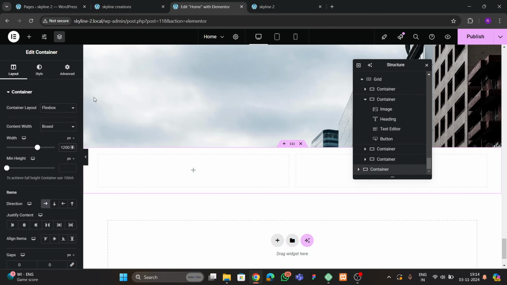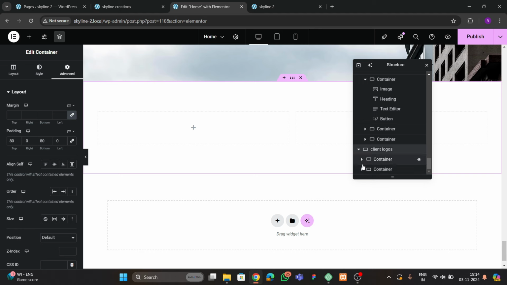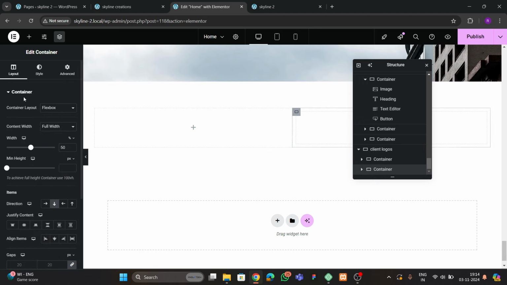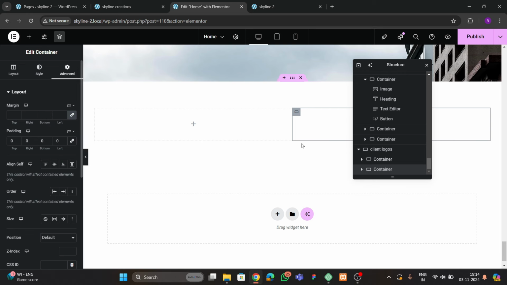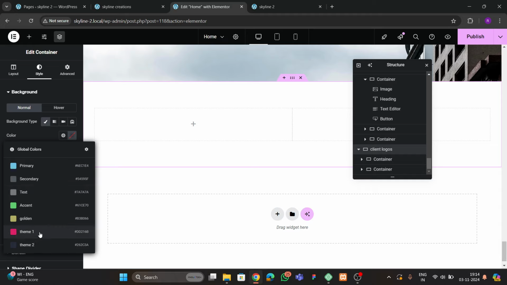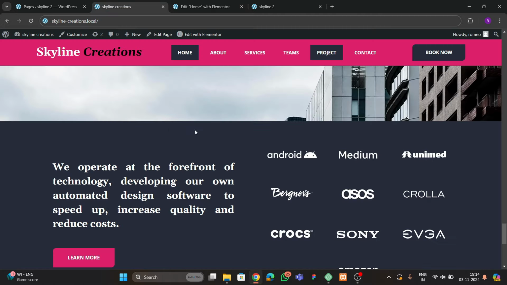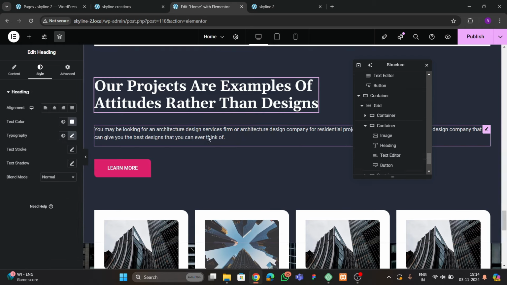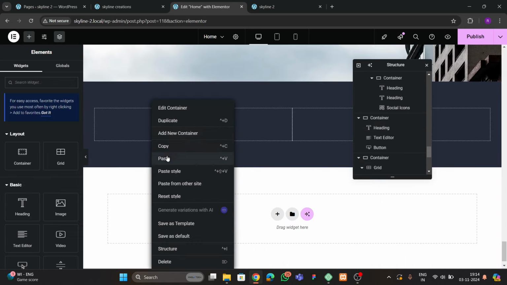Okay, and after that we can choose this. We can remove this padding, and we can also remove this padding from here. Okay, so we can click on this, and we can add here theme two. Okay, now what we can do, we can copy this from here, and we can go to this,